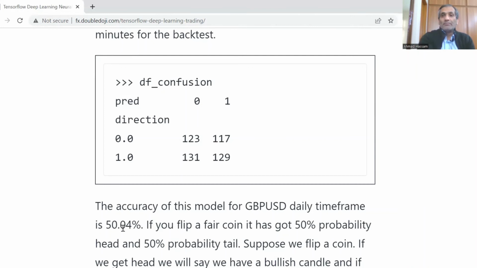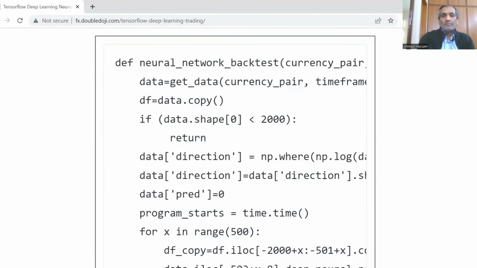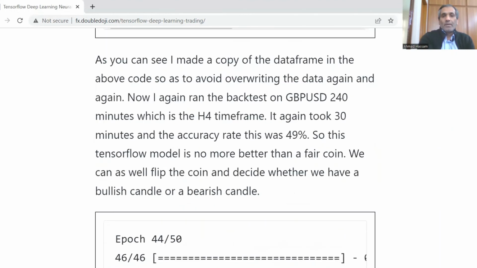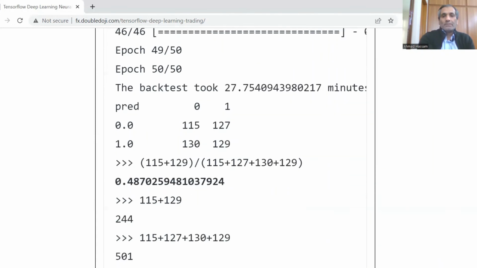Accuracy of this model is 50.04. Then I ran this back test on pound dollar H4, 240 minutes. This time the test took again 28 minutes, 30 minutes you can say, and the accuracy was 0.487, or you can say 49%.